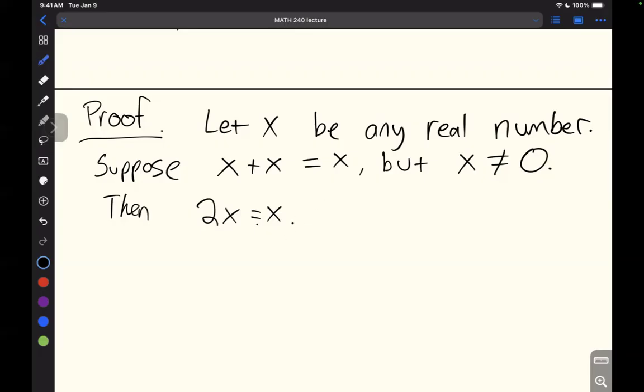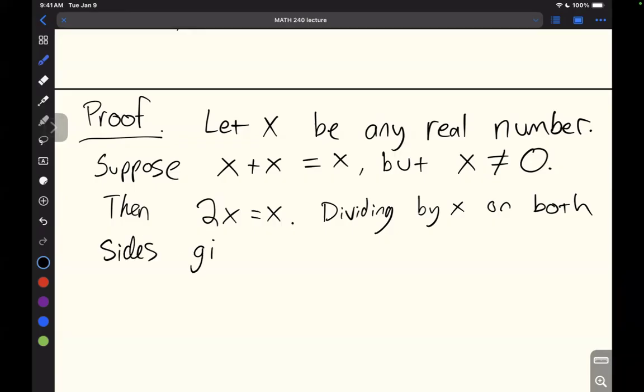There's a couple of different ways I can say this. Again, proofwriting is a little bit of an art. I could say that implies that 2 equals 1, like we divide by x on both sides. But that may seem like a little bit of a gap, so let me add some words around there. Dividing by x on both sides gives us 2 equals 1,